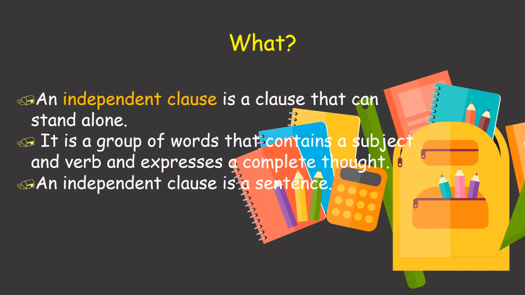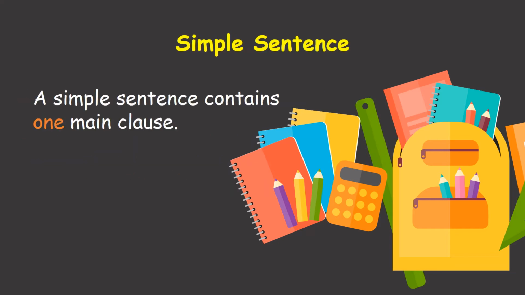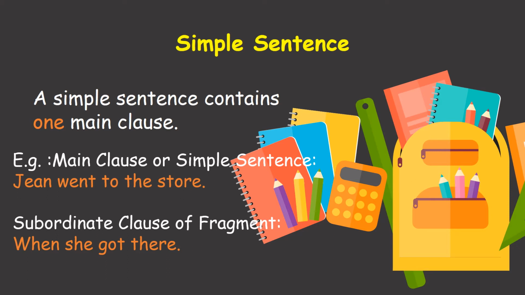An independent clause is a sentence. Then you know an independent clause has a subject and a verb and can complete an idea. It can stand by itself because the idea in that clause is complete. Let's have a look at this example. Jan went to the store. When she got there,